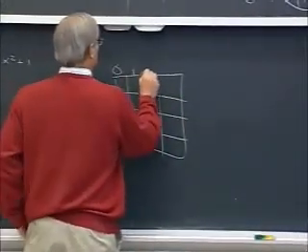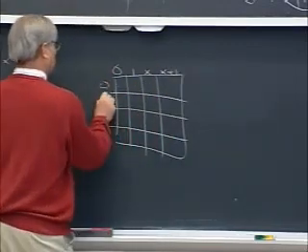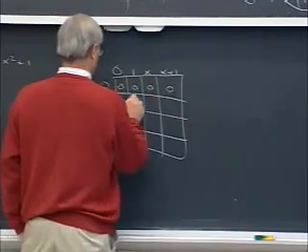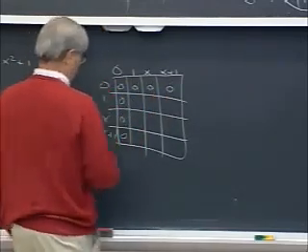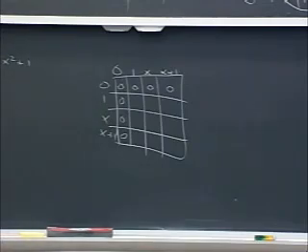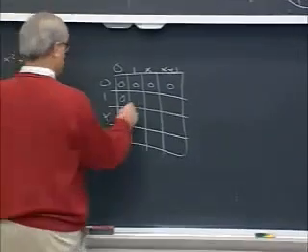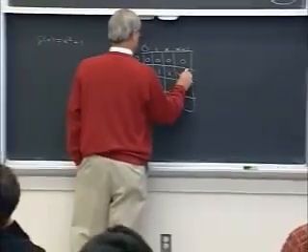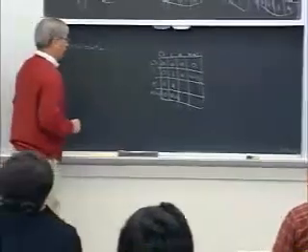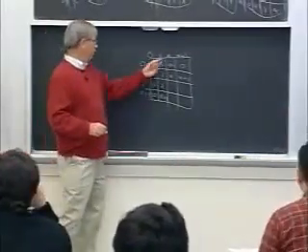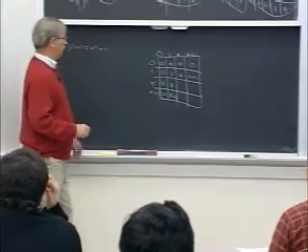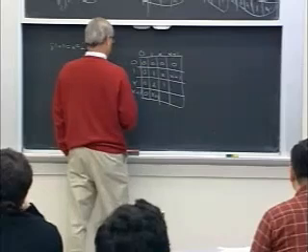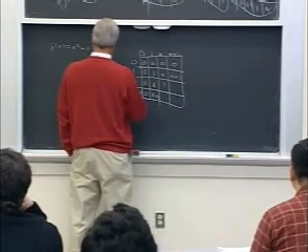0, 1, x, x plus 1, 0, 1, x, x plus 1. 0 times anything is 0 in ordinary polynomial multiplication, and therefore also in mod g of x for any g of x. 1 times anything is itself, no problem there. x plus 1. So what we again have to give a little bit of care to is x squared. What's that going to be equal to? 1. And x times x plus 1